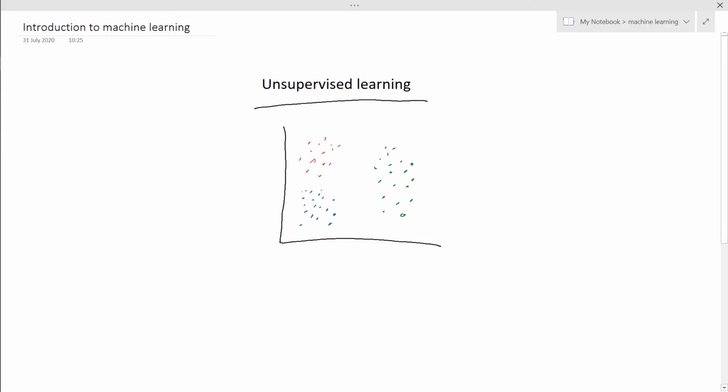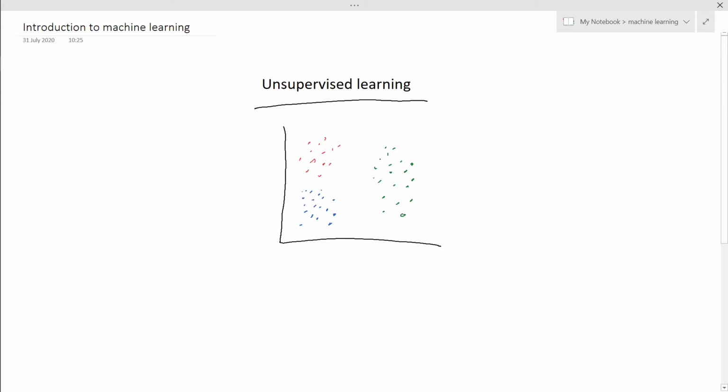Normally, you would not know what these labels are, even though I have given a different color to different clusters. But normally, you would not know at the starting of your project what these labels mean, or your machine learning model would not know what these labels are, and it would have to find out on its own what these mean. Suppose that we do not know what label is what, so our goal is to